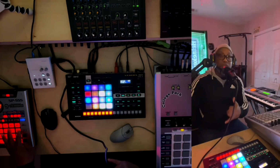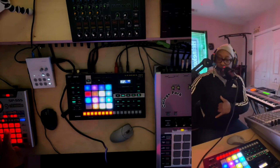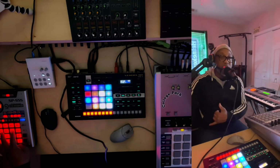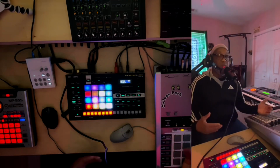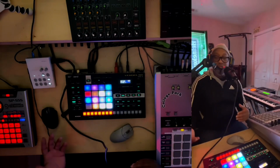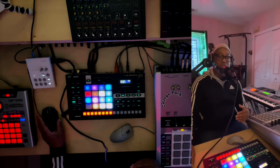Now the 555 is 24-bit. So there's no degradation in the sound from the MV to the SP. It's the same quality. What I just did was record this right into the DAW. It's ready for anything else. If I want to add something, I can always go back and record more on the same open track. But let's move on forward into another aspect of it, and that is